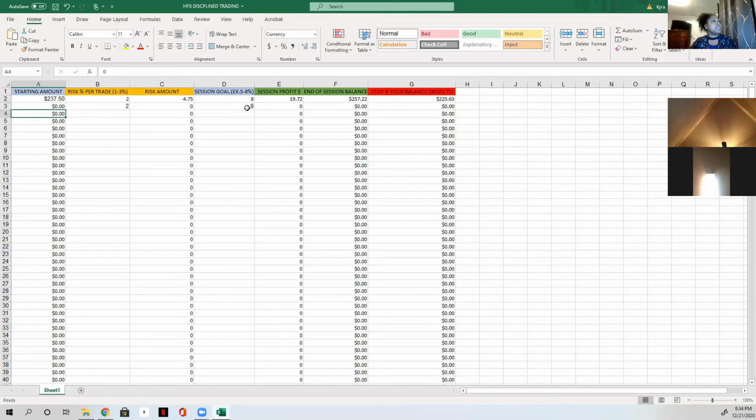Again, risking 2%, looking to grow by 8%, looking to make $20 a session. You're taking about a $4 trade. You need to increase this session to about a 257 balance, right? And again, it gives you that area. If your balance falls below, if you just happen to have another sucky session for that day, maybe the markets